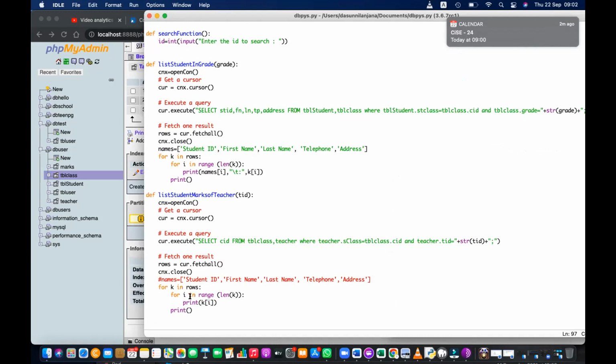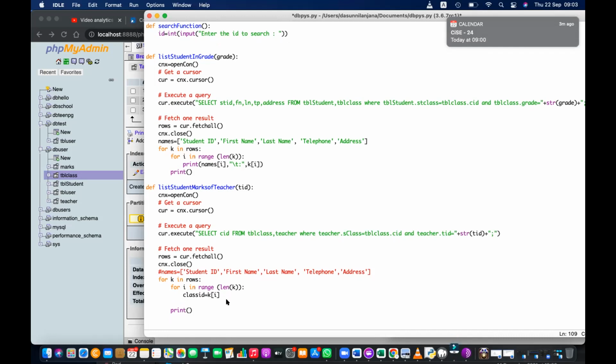Right? You have obtained this, and KI is taken. Actually, without taking that, I'm just going to fetch, because one teacher belongs to one class, but it can be many as well. Okay, let's keep it as it is. So then actually I need to get the class here. I'm getting it without printing that. I'm saying this is class ID. I have taken the class ID. After taking the class ID, what I'm going to do,